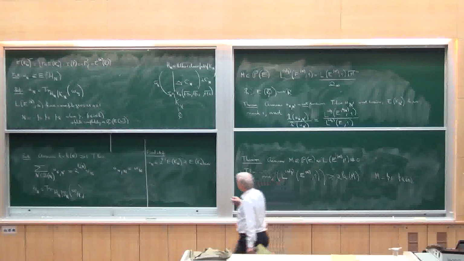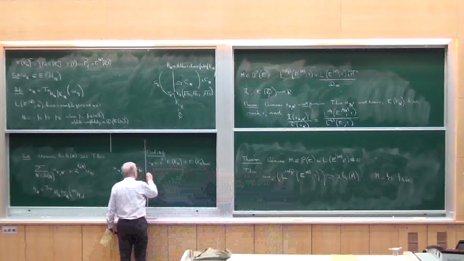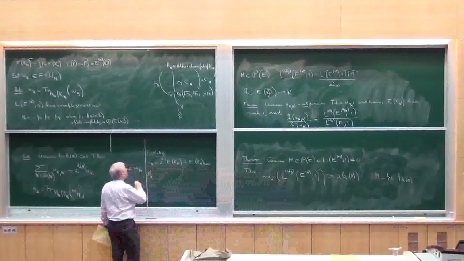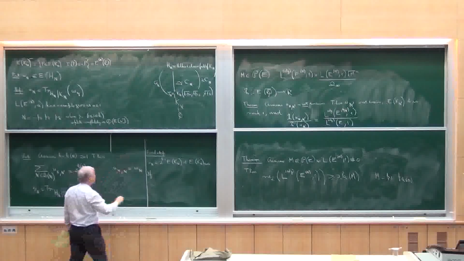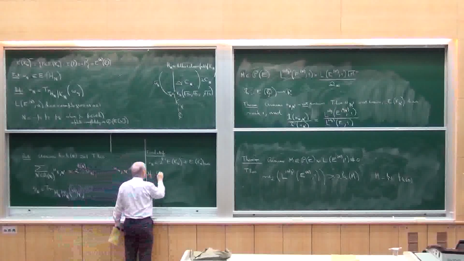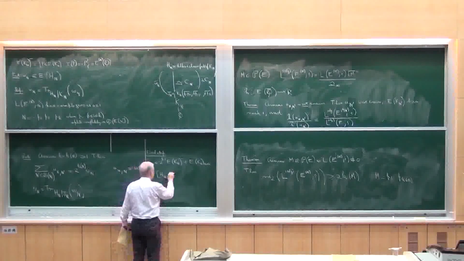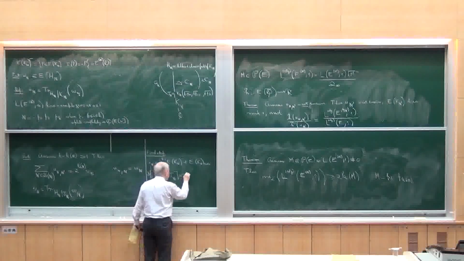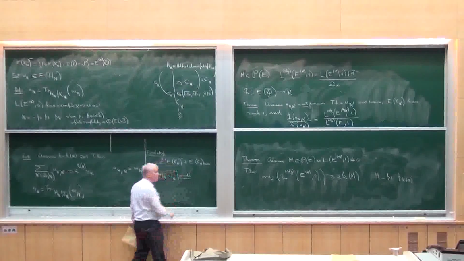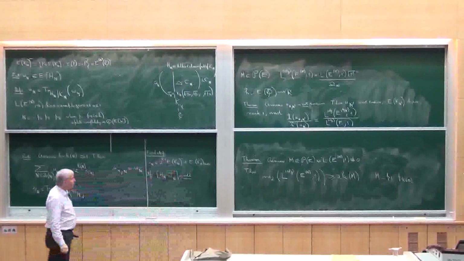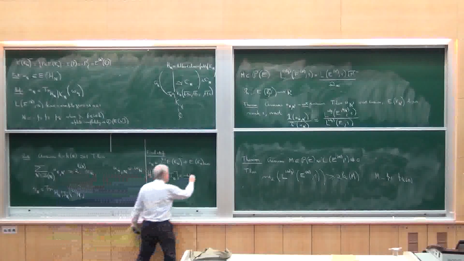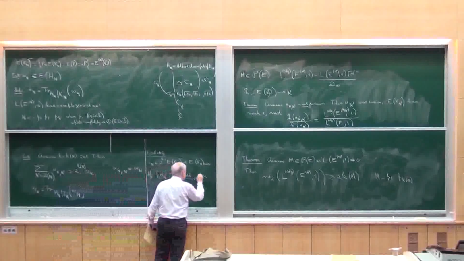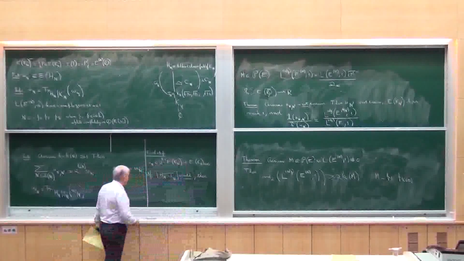So now, what you show is that if the degree of Hn over Jn is odd,